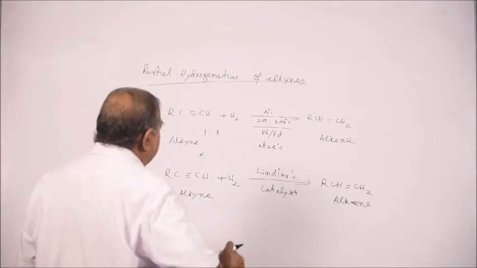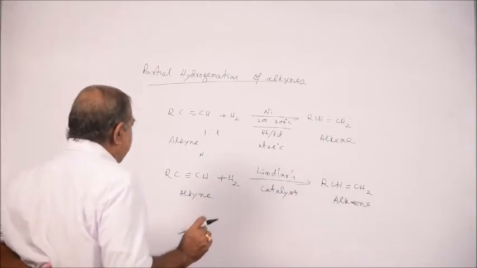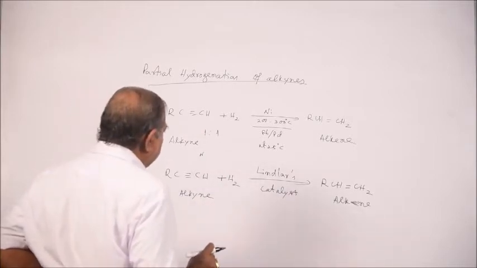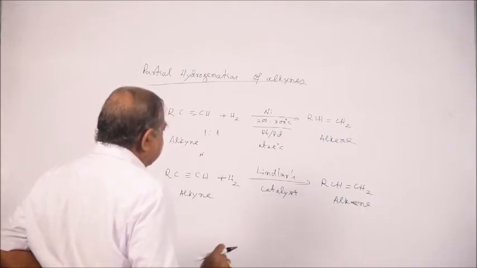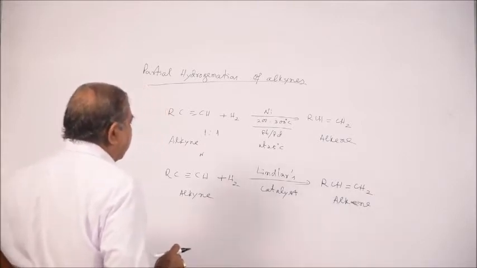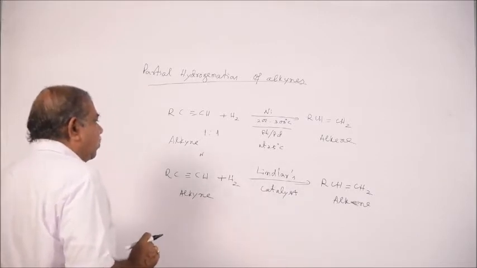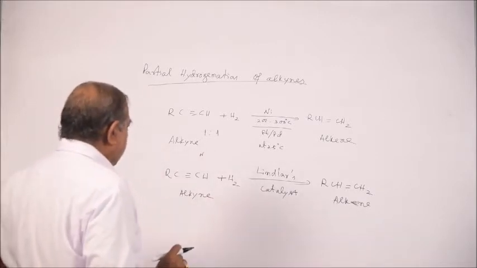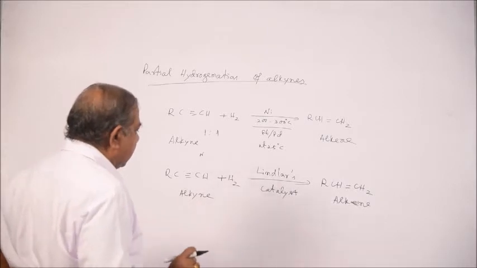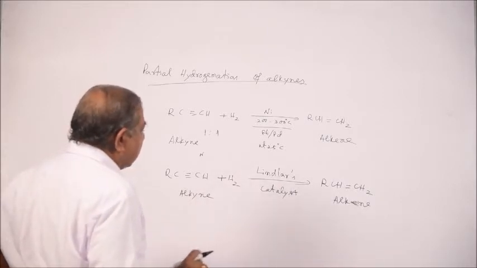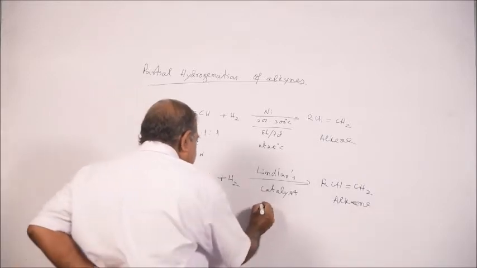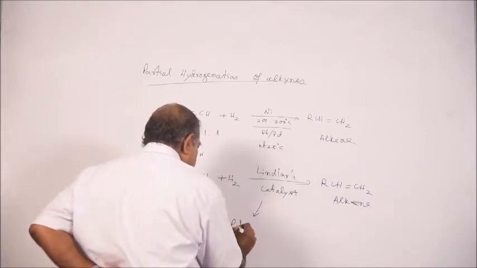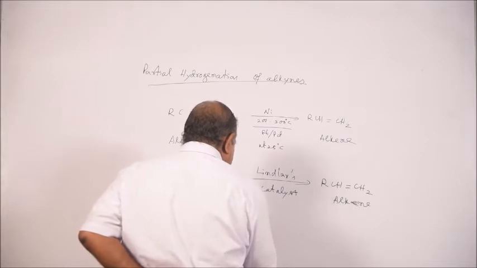You can take hydrogen and control its amount to a ratio of 1:1, in the presence of nickel catalyst at 200 to 300 degrees centigrade or platinum or palladium at 25 degrees centigrade, which will give you alkene in a one step reaction. Or you can take excess hydrogen, but using Lindlar's catalyst the reaction will be only one step. Your Lindlar catalyst is palladium. It is deactivated